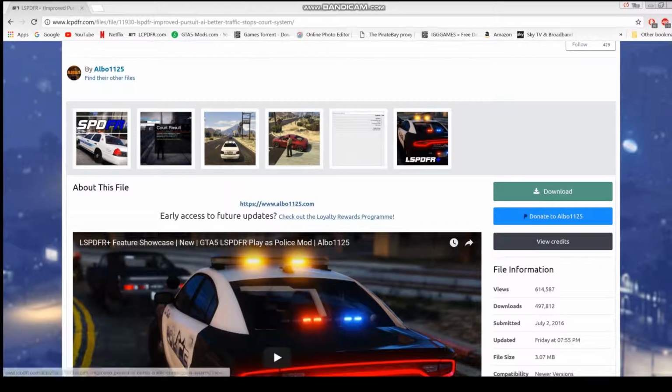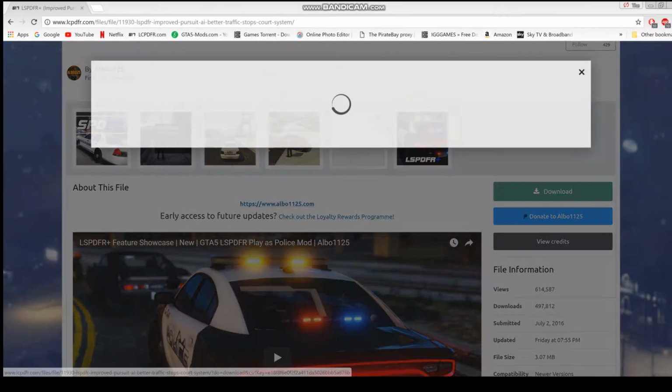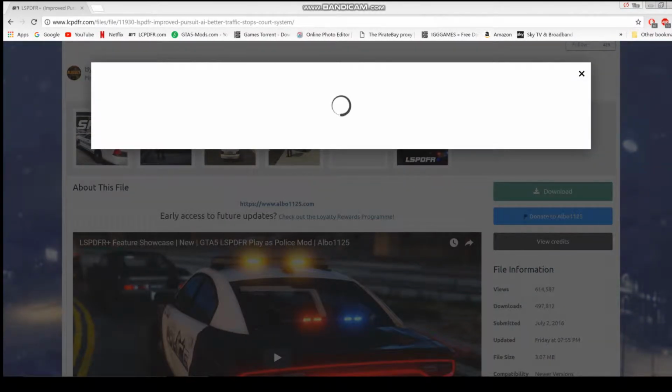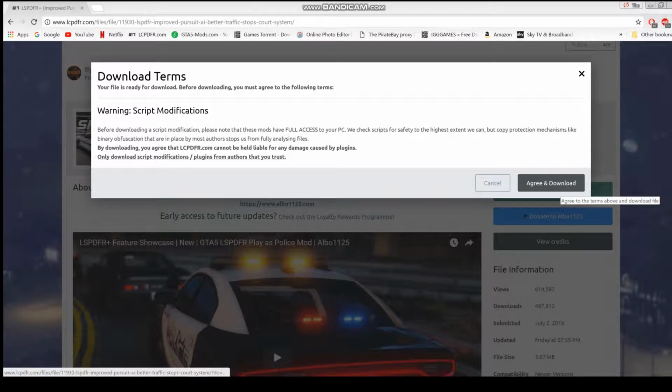So yes, what we'll do is we'll click this green download button just here, and assuming that you've already done everything you need to do for GTA 5 to have its LSPDFR, you've installed Rage Plugin Hook, Script Hook, and the LSPDFR base, this will work for you. So yes, download terms, make sure that you check them all, because they could be asking for you to sell your child. But